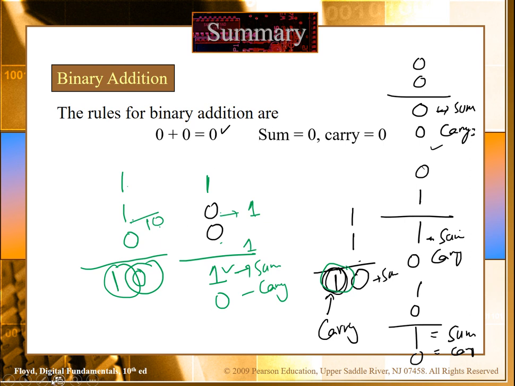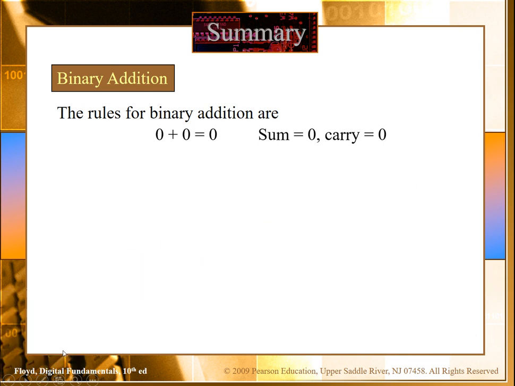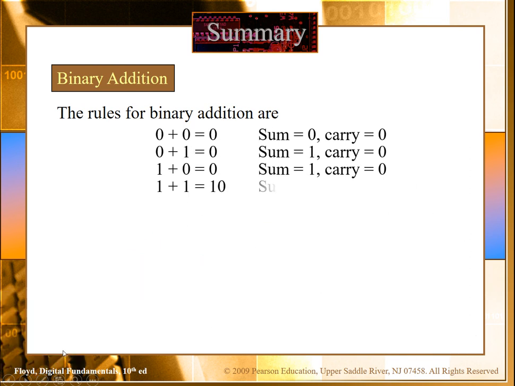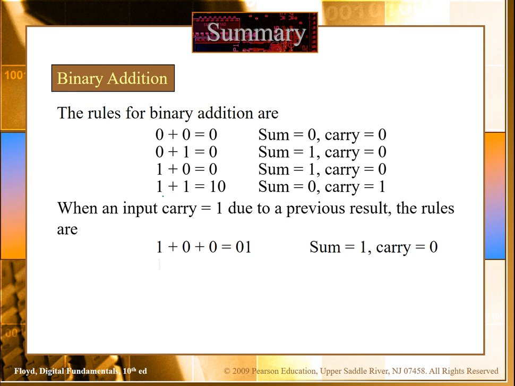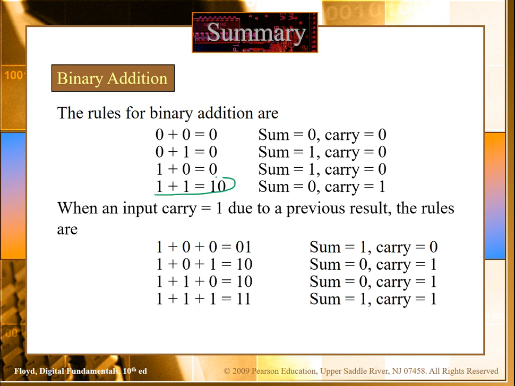So these are the rules for binary addition, and very important rules. Very important rule is this one: 1 plus 1, the sum will be 0 and we will get 1 carry here. These are just the rules, so just go through them. Let's try to solve an example, and the concept will become clearer. Let's try this example.